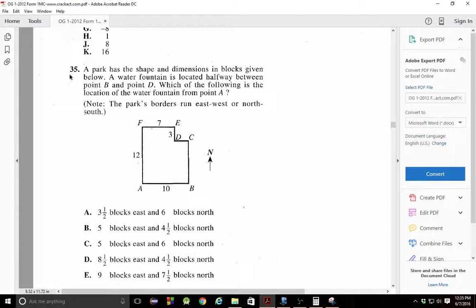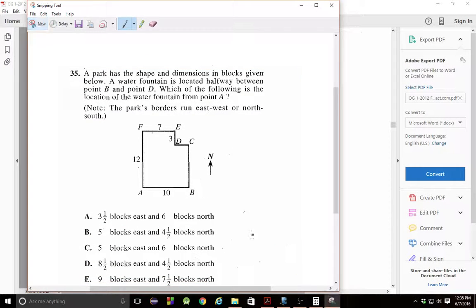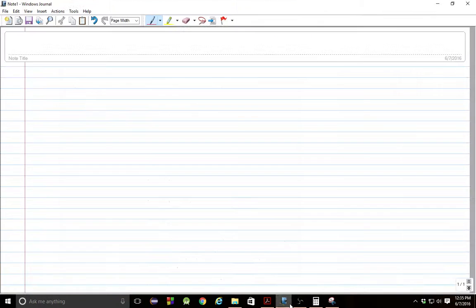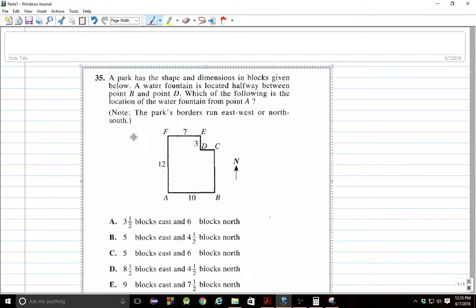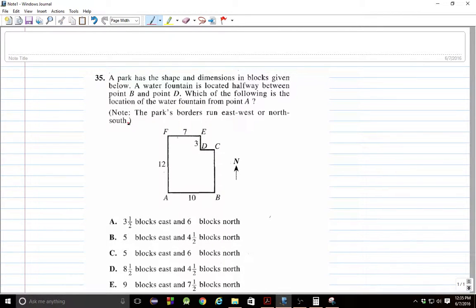But let's first just copy and paste this and see what the problem is. A park has the shape and dimensions in blocks given below. A water fountain is located halfway between point B and point D. Which of the following is the location of the water fountain from point A? I will admit this seemed a very tricky problem at first, and it is. So what they're looking for is a point between B and D